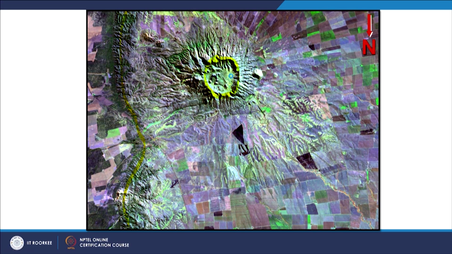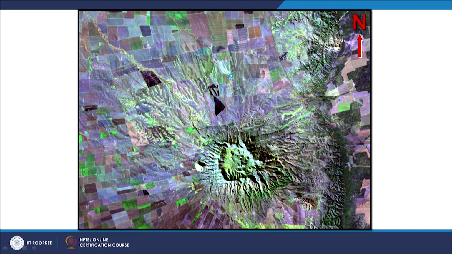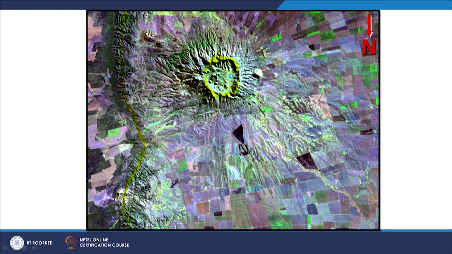But in the previous image, with north upward, these features are difficult to observe, and therefore I would make a wrong interpretation.